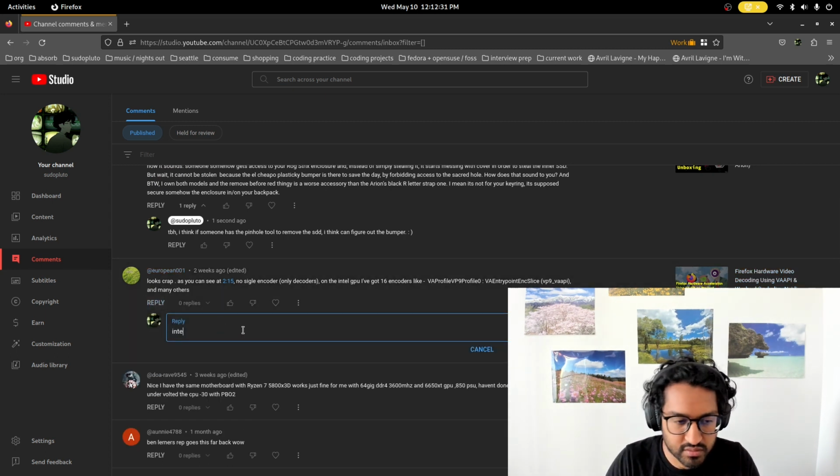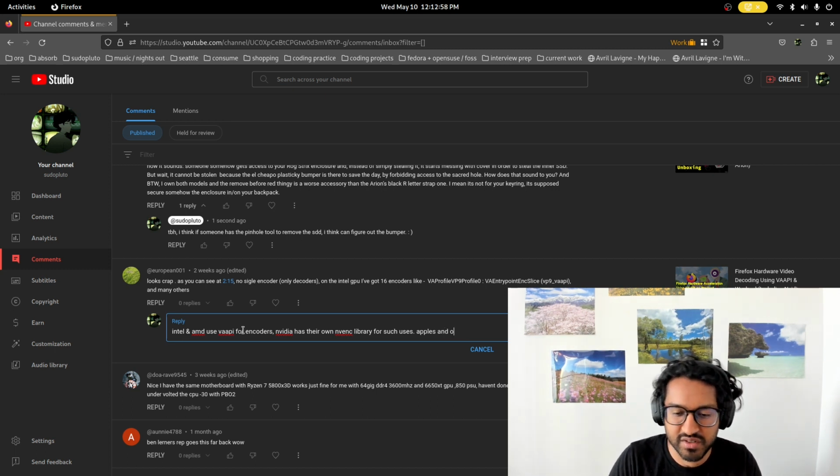Yeah. Intel and AMD use VA API for encoders. NVIDIA has their own NVENC library for such uses. Apples and oranges, really.